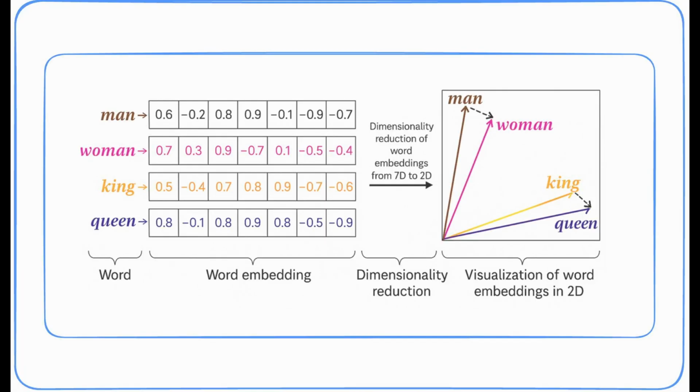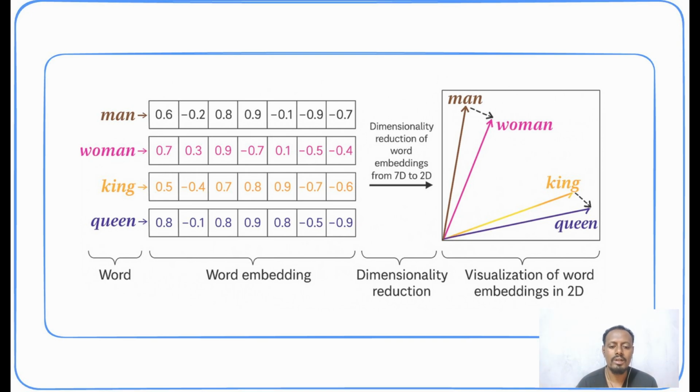Okay, let me make this visual, because I think this is where it really clicks. Imagine a big space, hundreds of dimensions, but let's just think of it as a 3D room for now. Every word is a point in that room, and words with similar meaning are clustered together. In one corner, all the animal words: cat, dog, bird, lion, close together. In another corner, emotion words: happy, sad, hungry, angry, close together. Country names cluster, food words cluster, action words cluster.